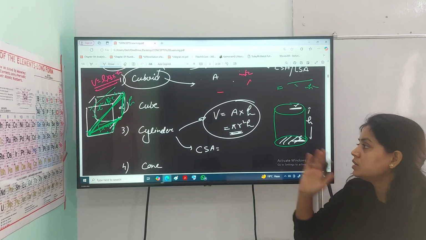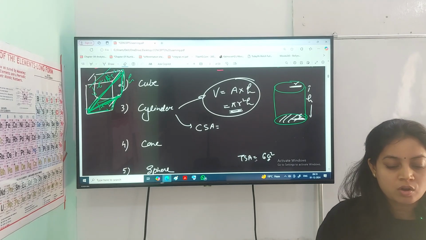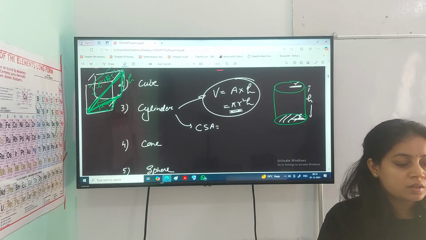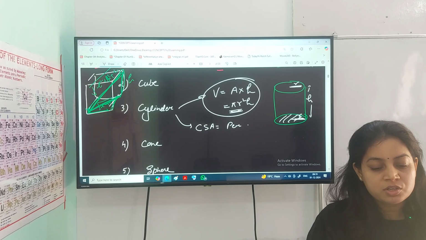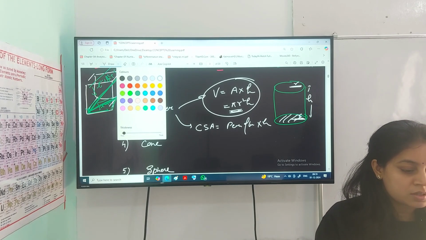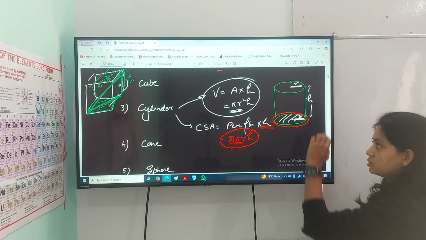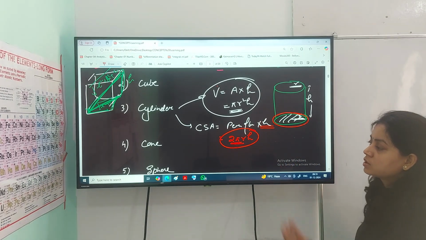What is the curved surface area of the cylinder? I have told you a general formula, and from this you can also write it by yourself. The curved surface area is the perimeter of base into height. You know the perimeter of base. Base is nothing but a circle, so the perimeter of base is 2 pi r into h. This is the perimeter of a base, or you can say circumference of the base. So this is the curved surface area